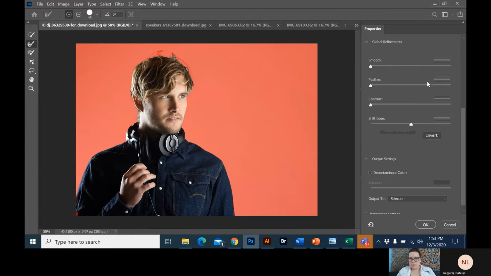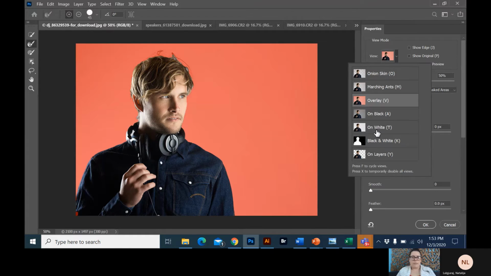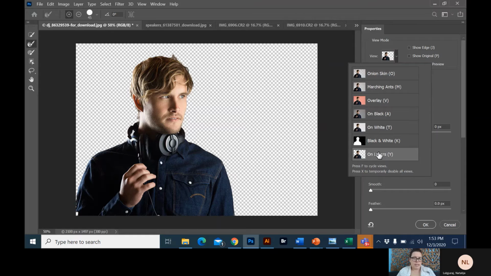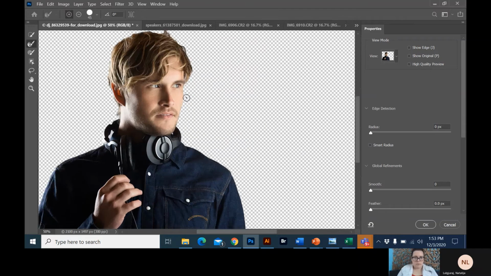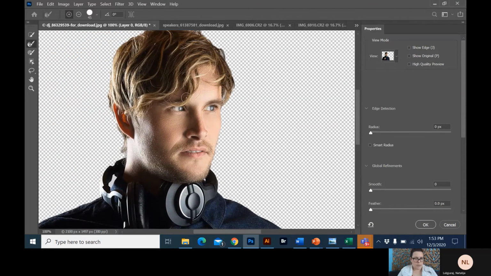Select and Mask is going to give you some options here. I'm going to scroll to the top. First of all, I play with the view. I like to look at it on a completely transparent background so I can really see the edge. And then I'm going to zoom in a bit, Control plus, and use my two fingers to move around my keypad